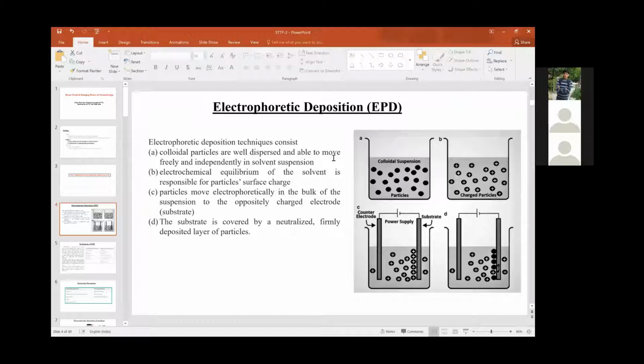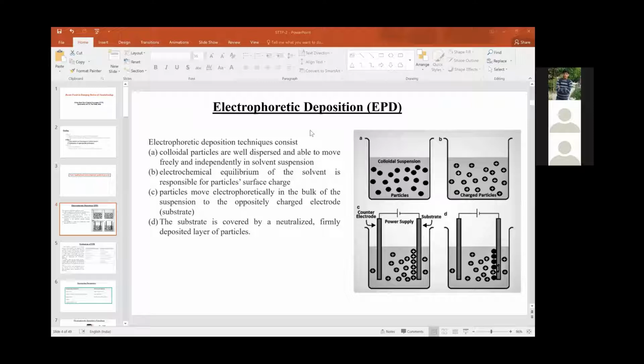The next step is that we need to charge the particles. For thin film deposition, if we make a colloidal suspension, then we need a slight amount of a suitable acid or base to make our material charged.